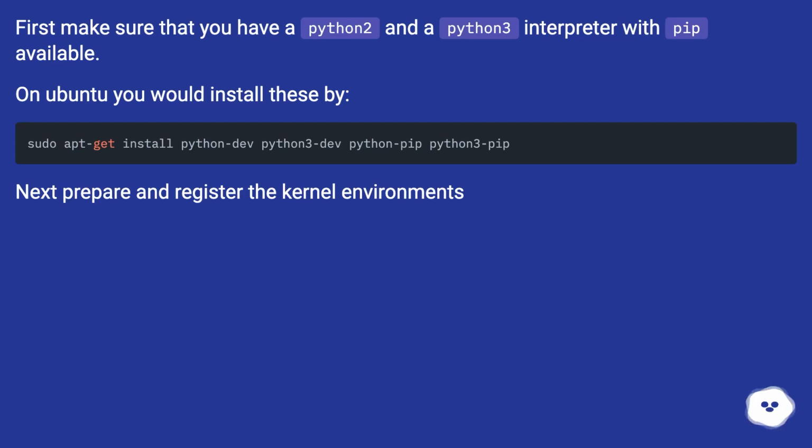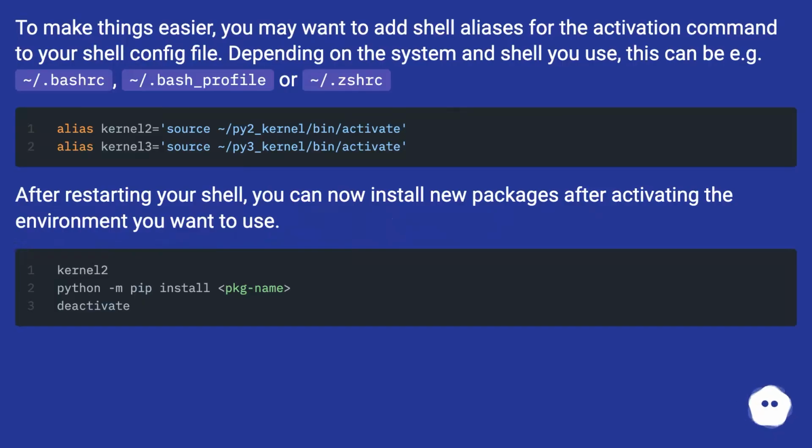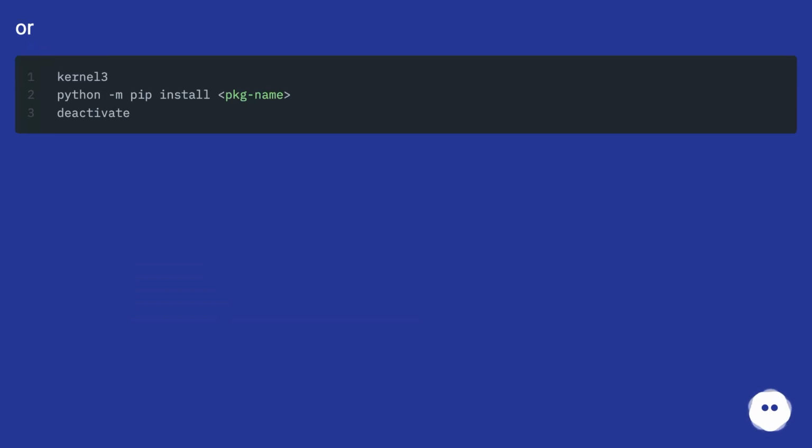Next, prepare and register the kernel environments. To make things easier, you may want to add shell aliases for the activation command to your shell config file. Depending on the system and shell you use, this can be e.g. ~/.bashrc, ~/.bash_profile or ~/.zshrc. After restarting your shell, you can now install new packages after activating the environment you want to use. Or